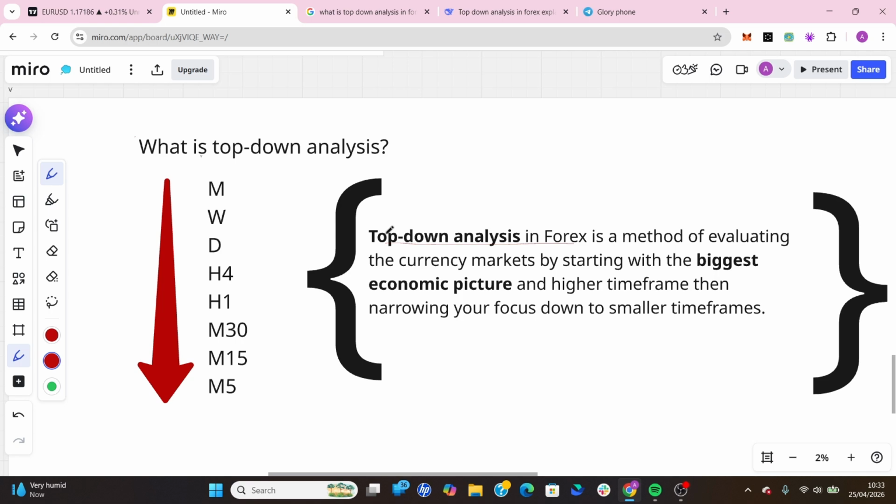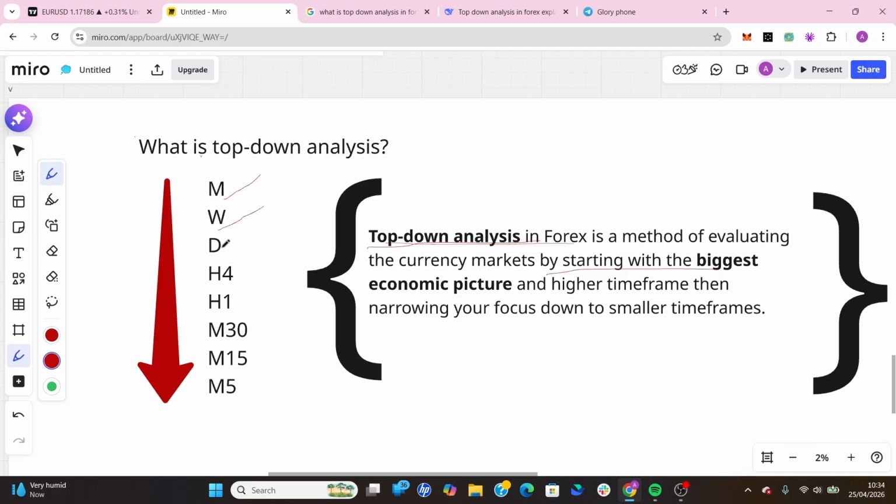So here on my board, you can see that we have the division of top-down analysis. Top-down analysis in Forex is a method of evaluating the currency market by starting with the biggest economic picture and higher time frame, then narrowing your focus down to the smaller time frame. So that is it. You can see from this infographic, we start with M, which represents the monthly time frame, and this